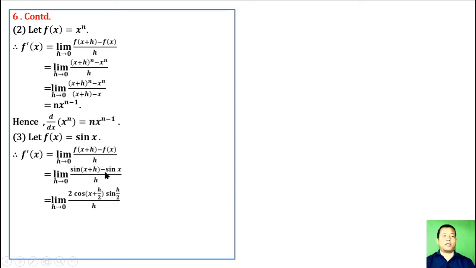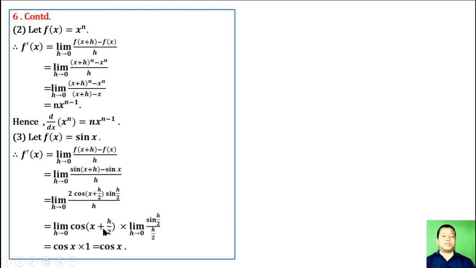Sine of something minus sine of something is 2 cos of their sum divided by 2, we get 2 cos((x+h)/2) into sin(((x+h) - x)/2), that is h/2. Rearranging, we get the limit of cos((x+h)/2) as h tends to 0, into the limit of sin(h/2) divided by h/2. The above function can be rewritten as this, whose limit is